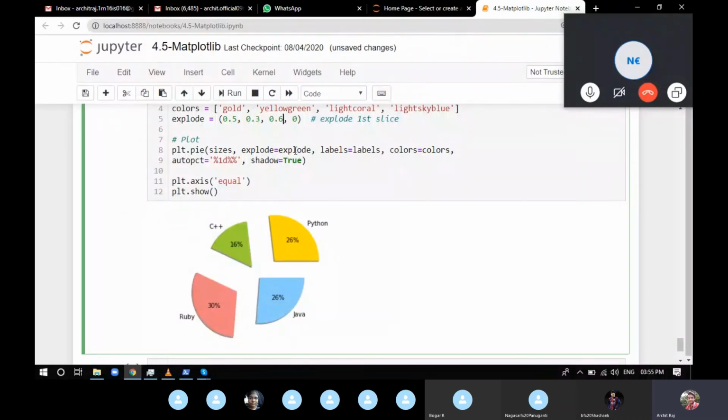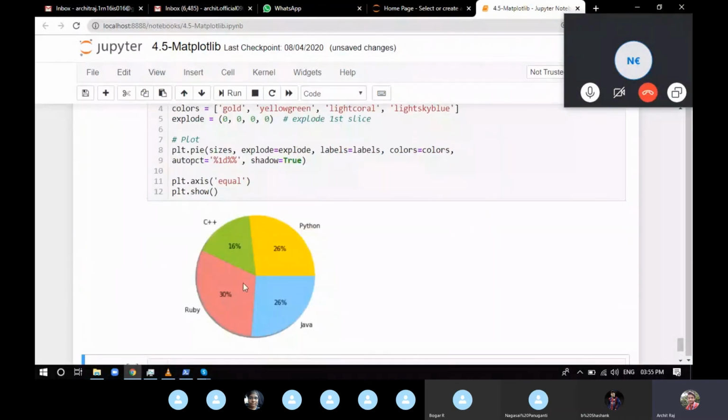It doesn't always look good. So remove the explodes. Everything is 0, so everything is going to be in the center. So this is what explode does. So we provide the sizes, we provide the explode, we provide the labels, we provide the colors. Now